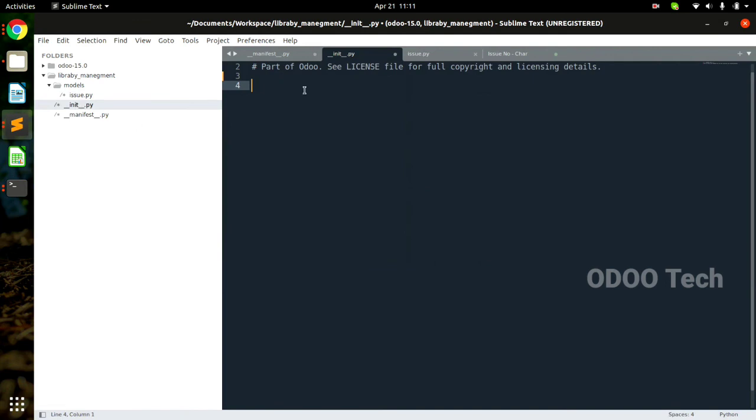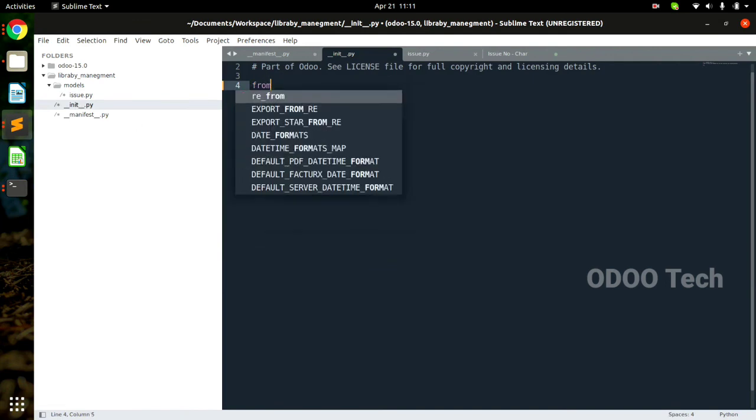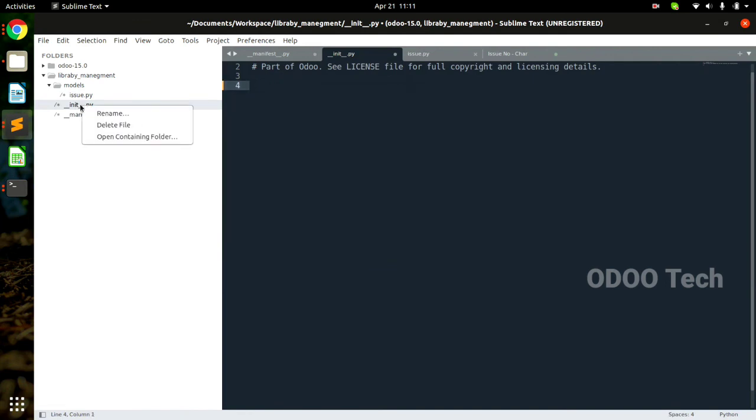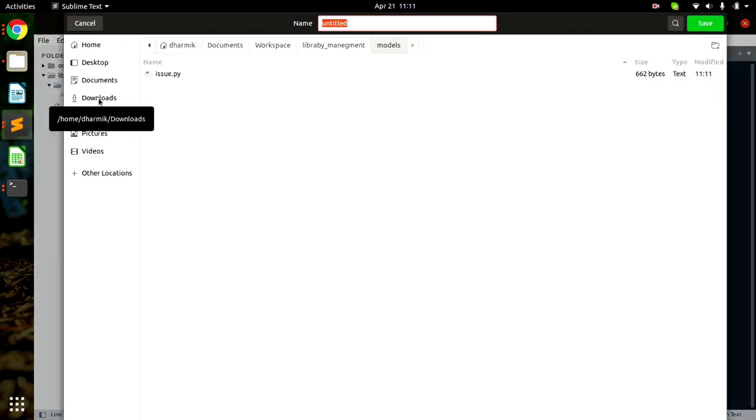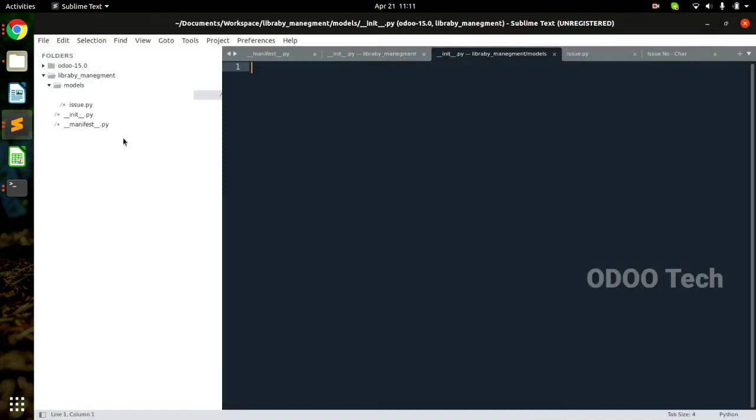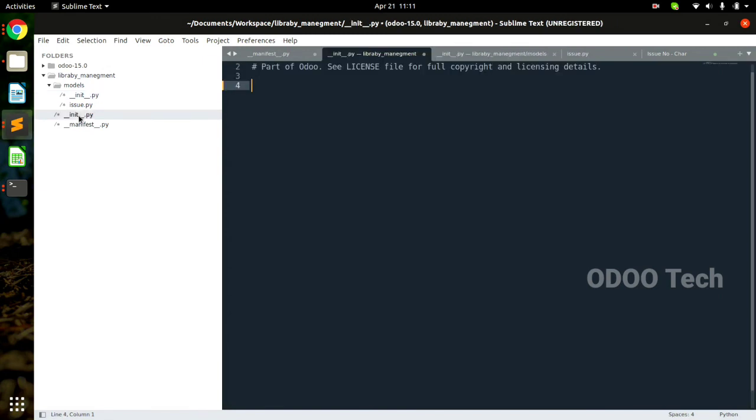Now I created the model, so I have to include that file. For that I have to create the init file inside our model. I'm gonna save this file as underscore underscore init underscore underscore dot py, which is here.